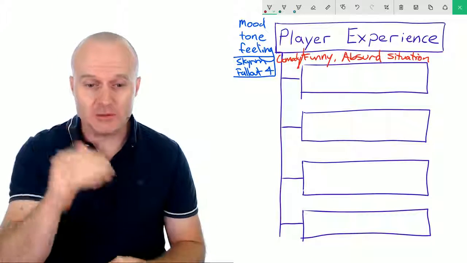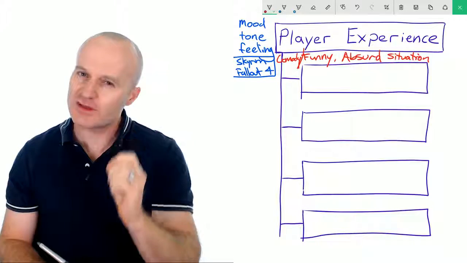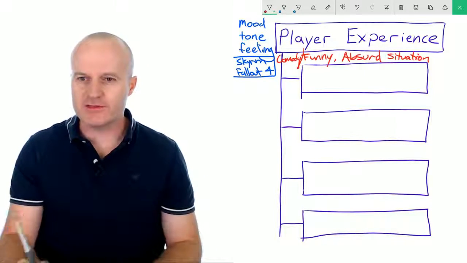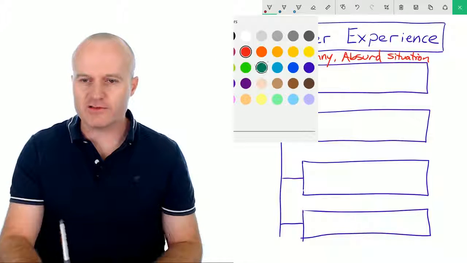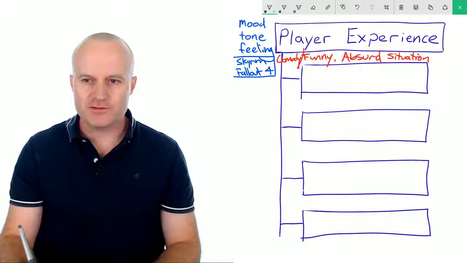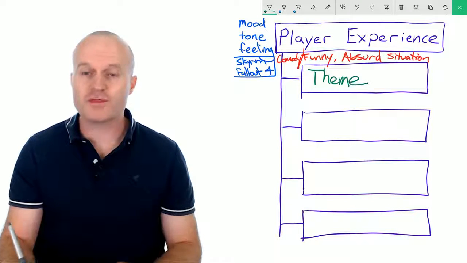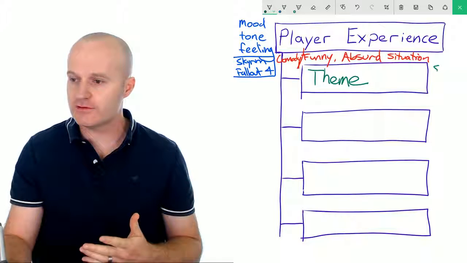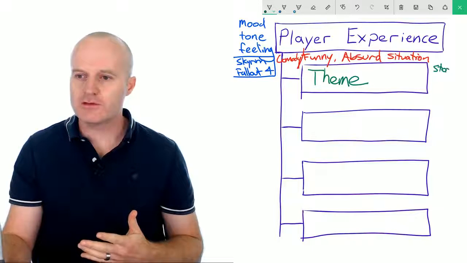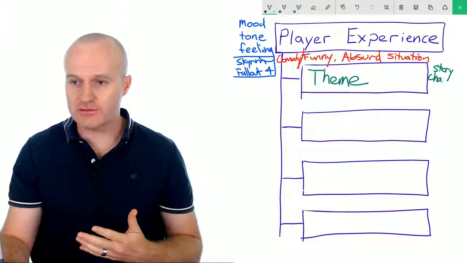Now, I want to show you a little bit more reinforcement of where you're going to be looking to connect to the player experience. And this is these boxes here. What color should we do these? Let's do it in a very exciting dark green. How's that? So underneath player experience, feeding into it is your theme. And your theme consists of things like, can you see over there? Yes, you can. Is story, and is obviously your characters,